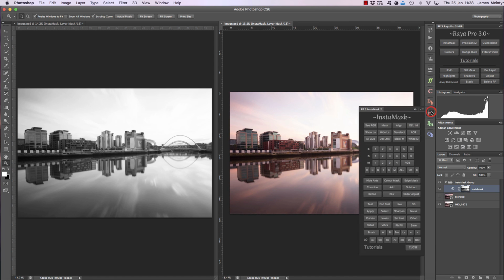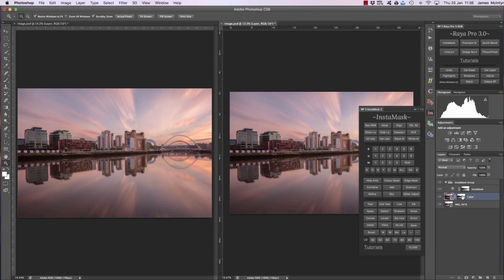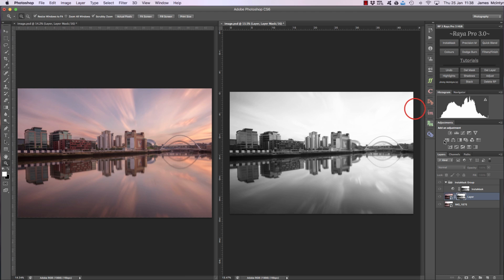So for example, let me open up InstaMask and I go to blended and then I press test. Now I can show that layer, but I can also see just the mask by pressing Alt or Option on a Mac and clicking on the mask. And now if I wanted, I can choose a brush. So if I open up InstaMask and